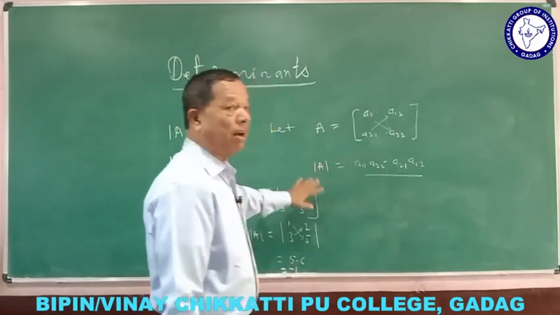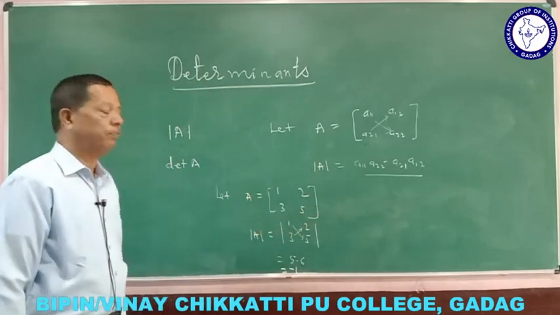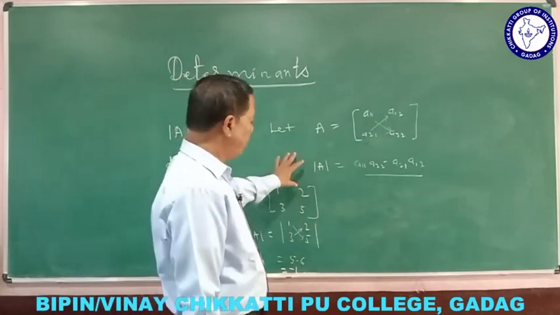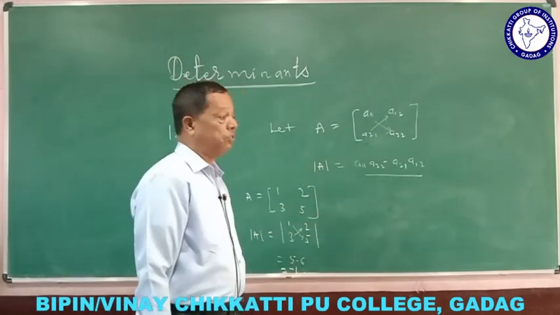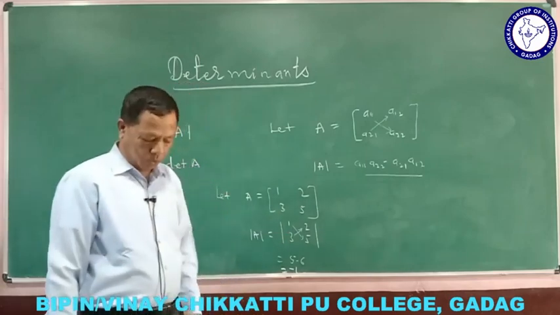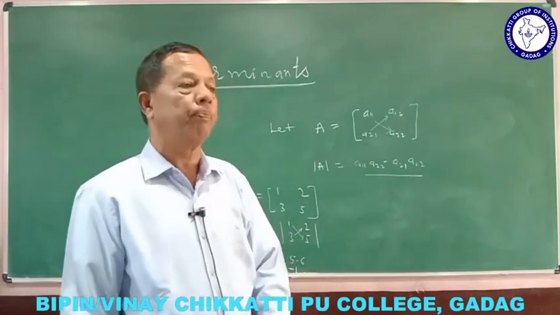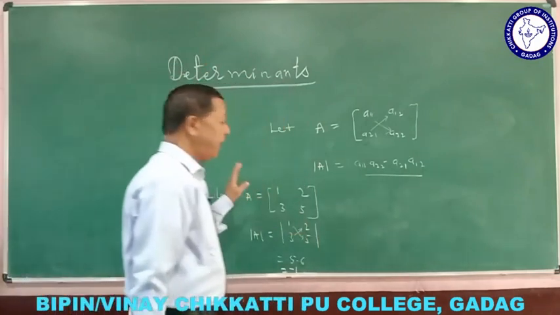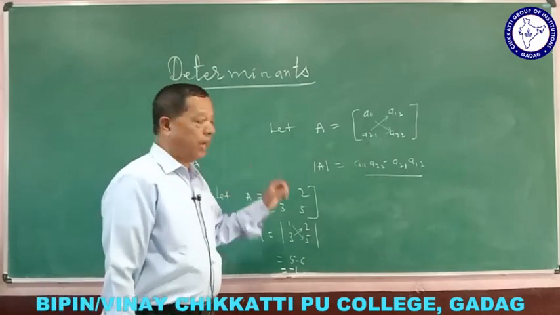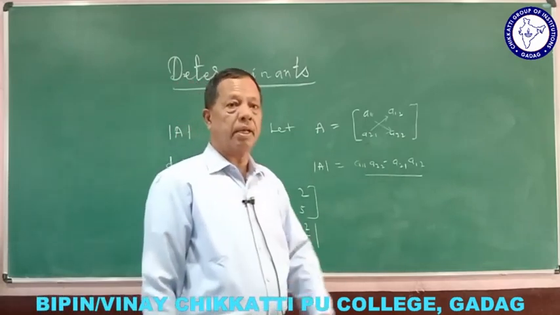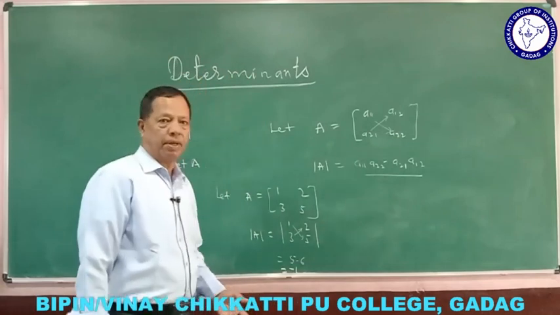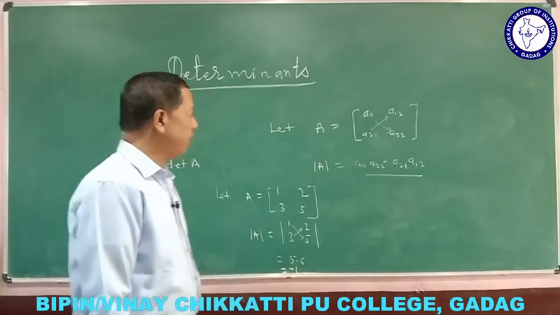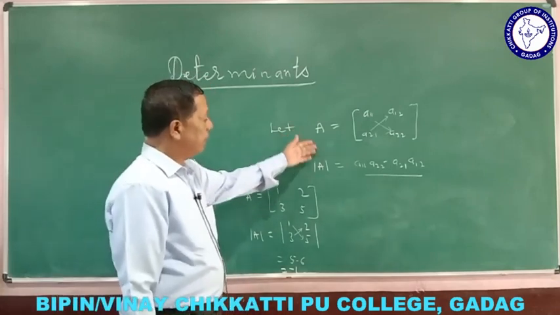This is all about the second order matrix. Second order means there are 2 rows and 2 columns. Generally we go for defining second order determinants, and up to third order only we can study this year. First you should understand how this is to be taken. Once again I say that a square matrix A can be associated with a number which is called a determinant, and the determinant of a square matrix can be obtained like this.